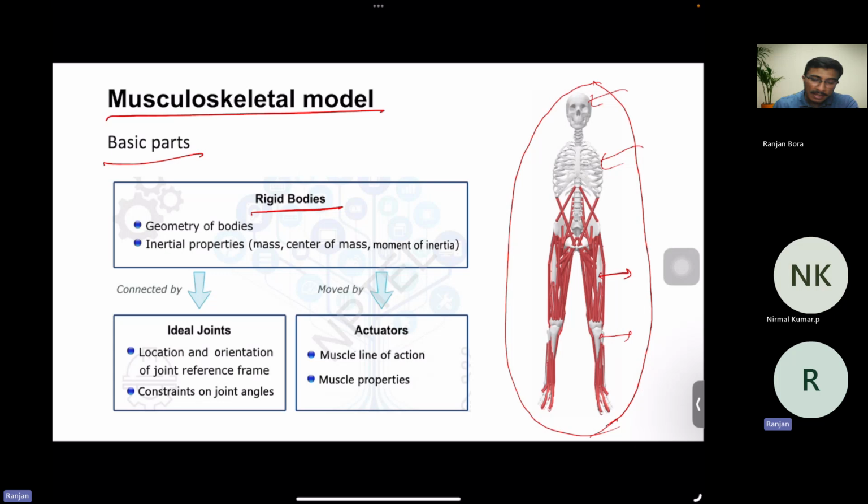All these bodies are represented as rigid bodies, and we measure their mass and moment of inertia, and then we use those inertial properties in our model. And how do we connect these rigid bodies? Like we know that between the femur and tibia there is the knee joint. So we connect the femur bone and tibia bone using the knee joint, and